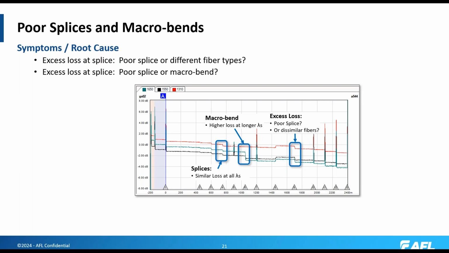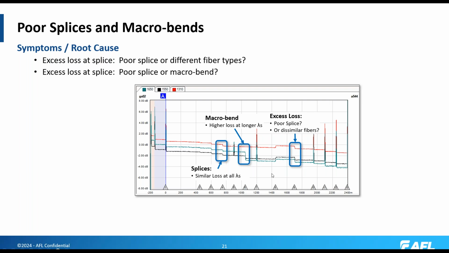Poor splices and macro bends in your network. If you have excess loss at a splice, how do you determine whether it's a poor splice, different fiber types, or a macro bend? If you compare the results at multiple wavelengths, this is how you can determine whether they're poor splices or whether they're macro bends. And if you see a gainer followed by a loss,